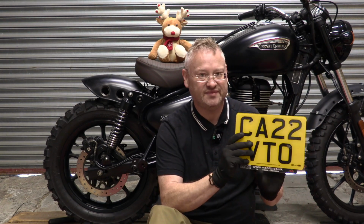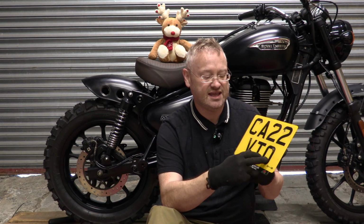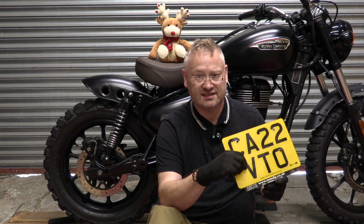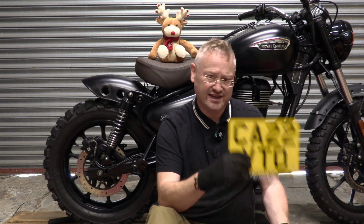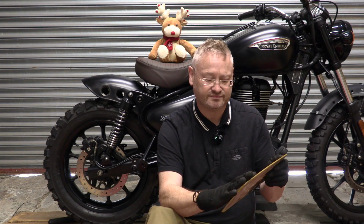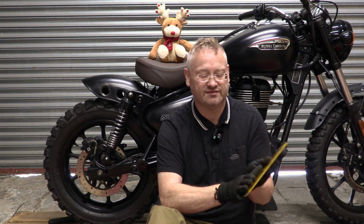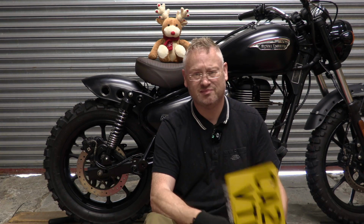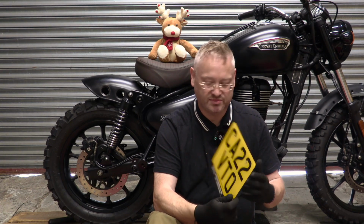And they're always a standardized font, so the cameras can read them. And they're always a standardized size. But motorcyclists don't really like these, so what we often do is we fit smaller ones. Some people fit really small, but obviously you're increasing your chances of getting pulled over. But even so, that's really rare. And the fine can be up to £1,000, but in practice, it's usually £30 if they find you with a